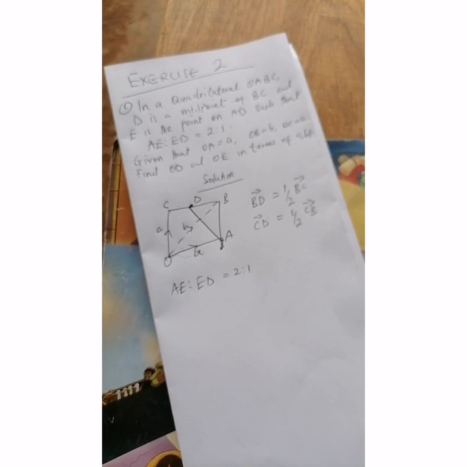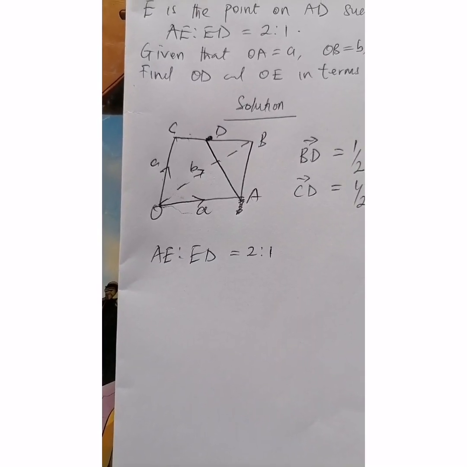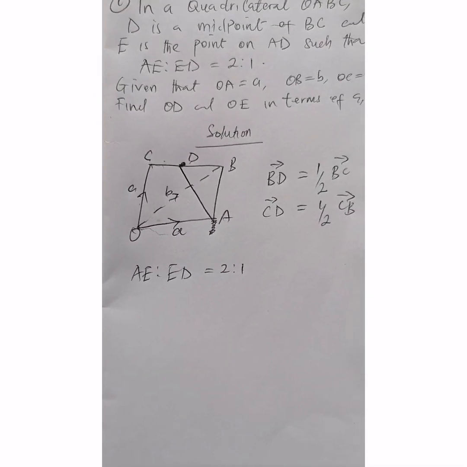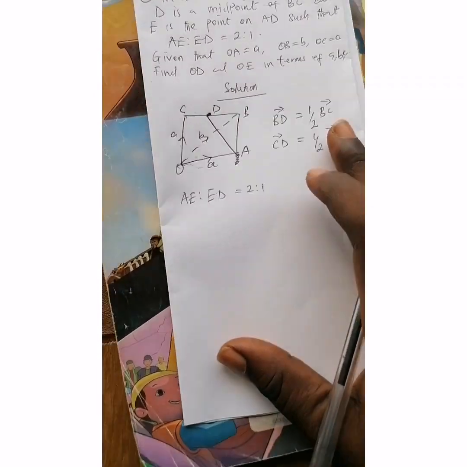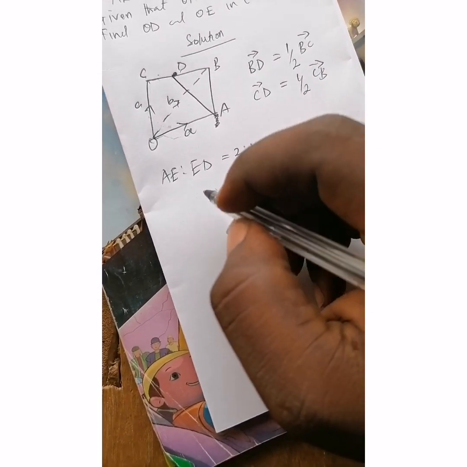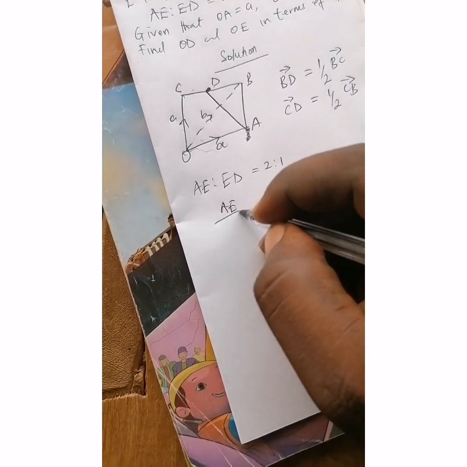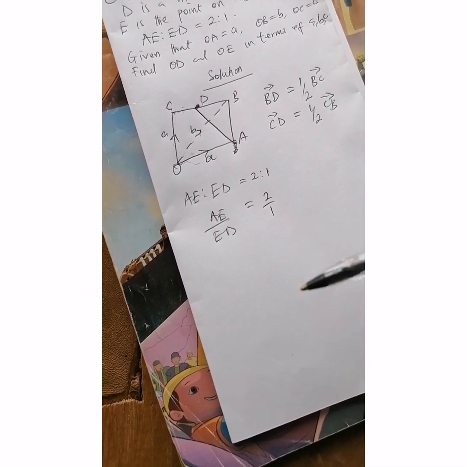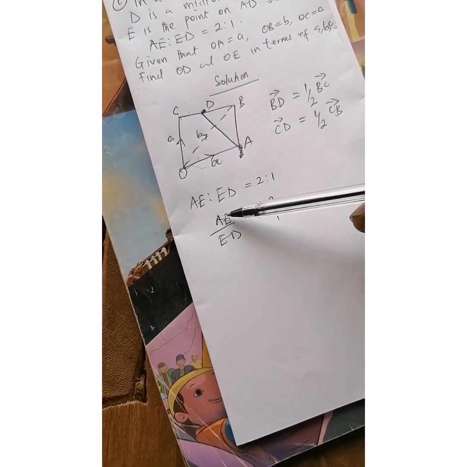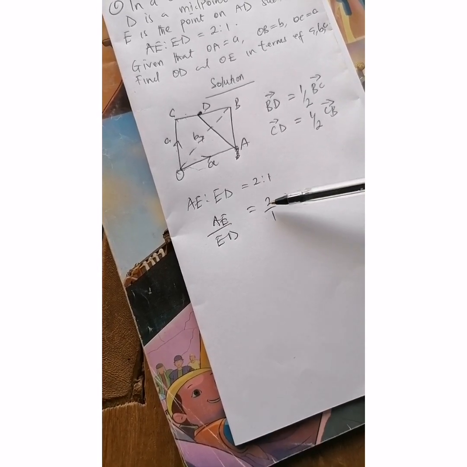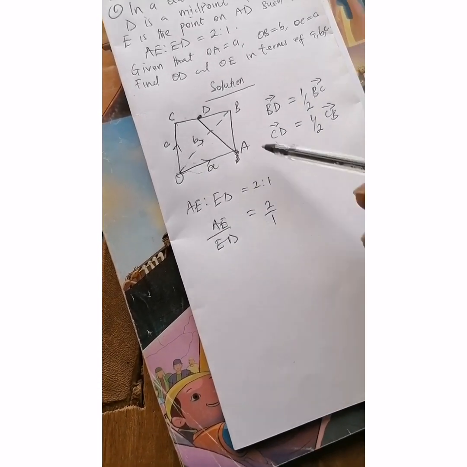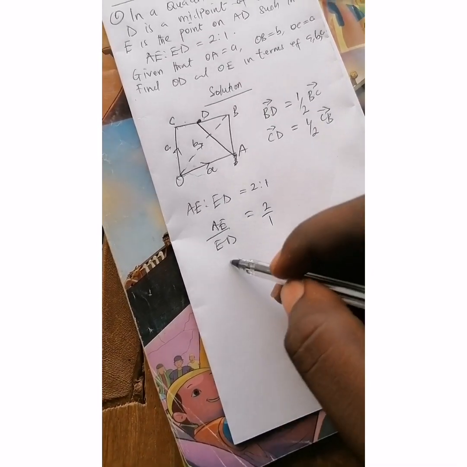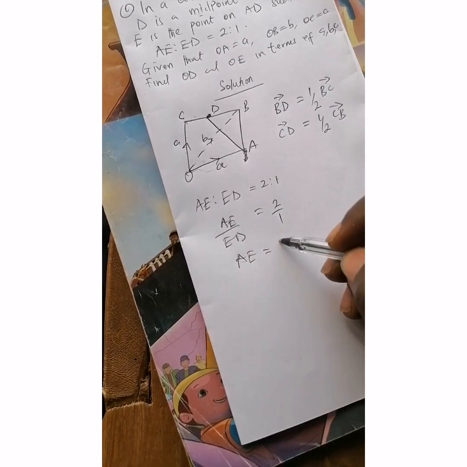What does this mean? This means that the ratio between AE and ED is 2:1. If you understand the concept of ratio and proportion very well, you know that from this we can say that AE over ED is equal to 2 over 1. This is the same as the ratio, so we can rewrite it like that. Now what you have to do is just cross multiply. So if you cross multiply, your AE is equal to